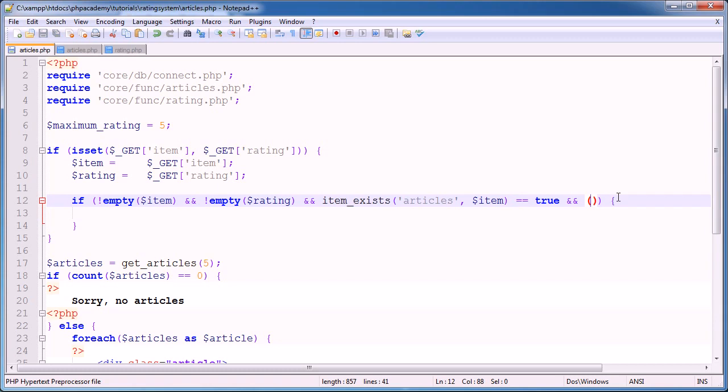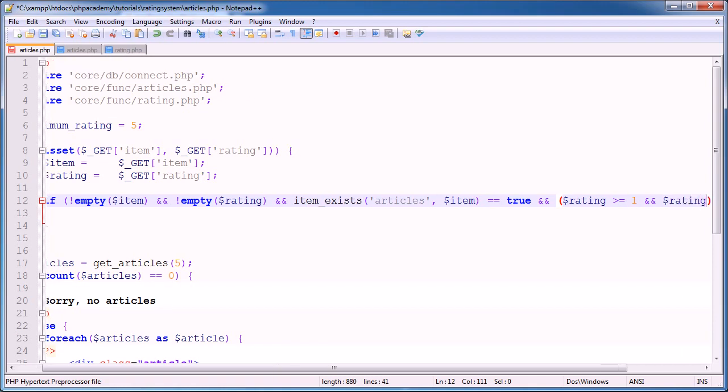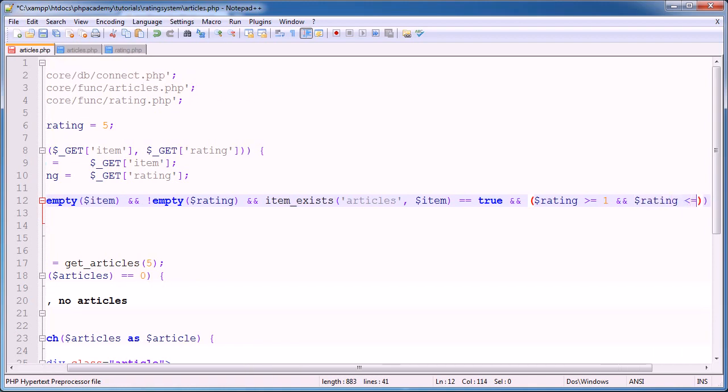Okay, so now we want to do the check. You've noticed I've created two parentheses. This check is going to be that the value is between 1 and 5, or between 1 and maximum rating. So I am going to say if the rating is greater than or equal to 1, which is fine, and the rating is less than or equal to